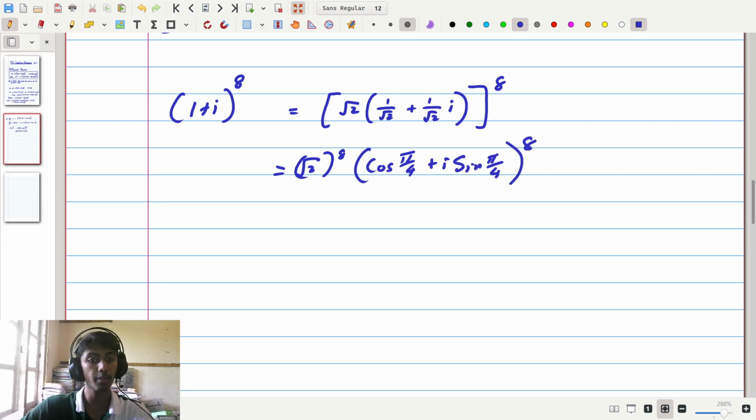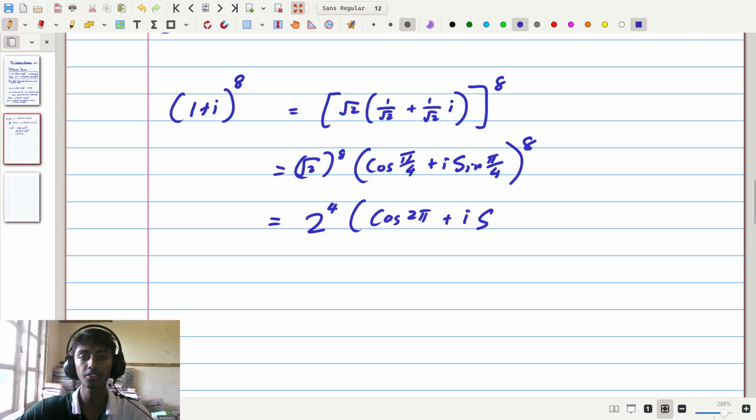Now considering that, we're going to get here root 2 to the power of 8 is going to be equal to 2 to the power of 4, which we'll just write as 2 to the power of 4 for now, and then we'll simplify that later. And then this part right here is cosine of an angle plus i sine of an angle raised to the power of 8, which is going to be this angle times 8 and this angle times 8, which is going to be the cosine of 2 pi plus i times the sine